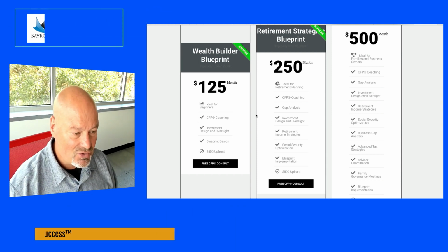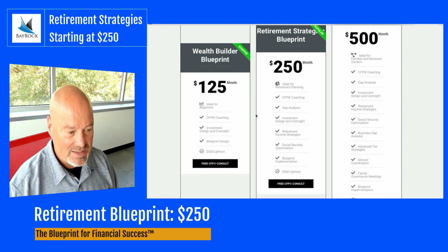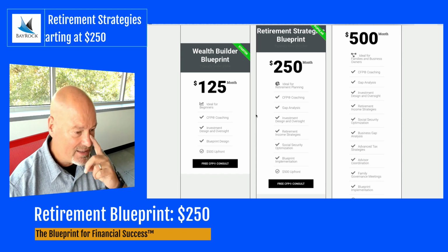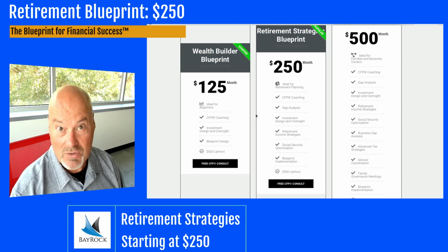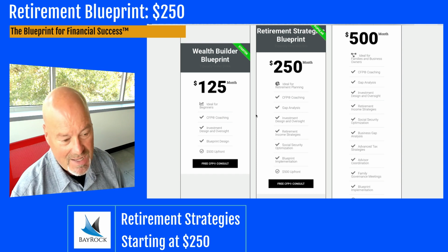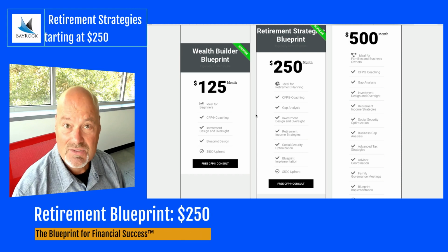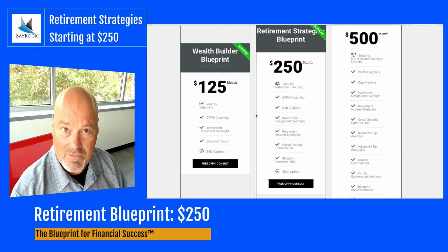The services that you get in this level of plan, one of the important things to understand is you get a gap analysis. We do this in the level 1 plan as well, but it's a much more rigorous process in level 2 because there are more moving parts in your financial life when you have more assets. So the gap analysis is one of the things we do on the front end of the plan, and it may take some time to really identify the gaps in your financial plan, but it is a thoughtful process